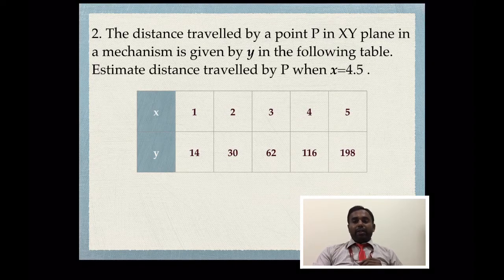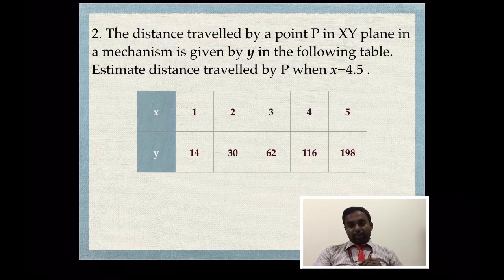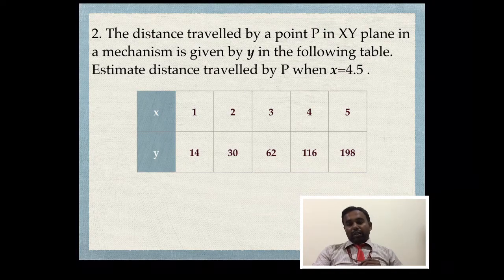Estimate the distance traveled by P when x is equal to 4.5. The data table has x values 1, 2, 3, 4, 5, and y values 14 for 1, 30 for 2, 62 for 3, 116 for 4, and